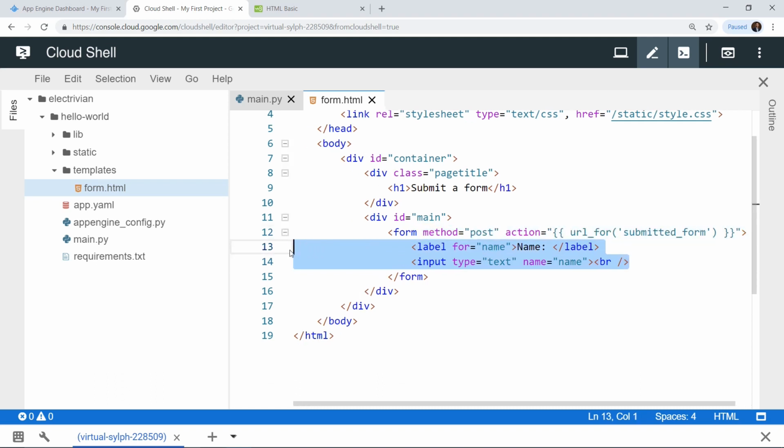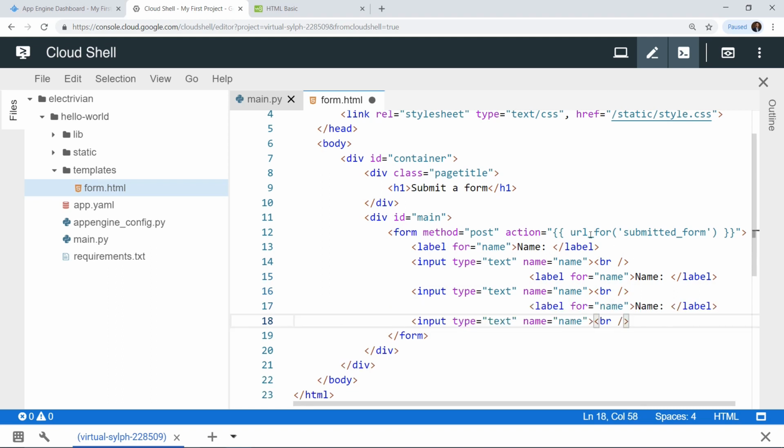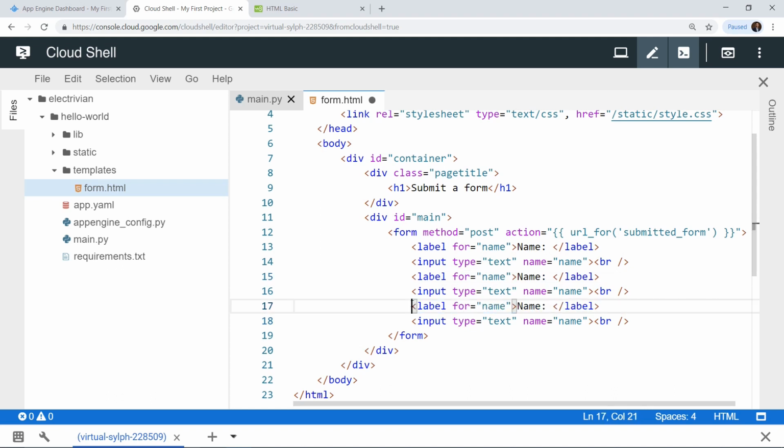Let's copy what we have done just now and paste it 3 times. Let's reformat it again. Now we have the label for name, and then we have email.